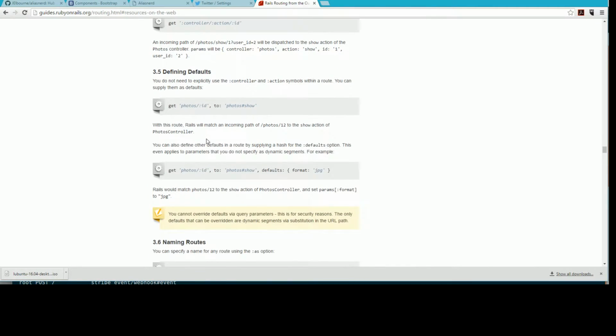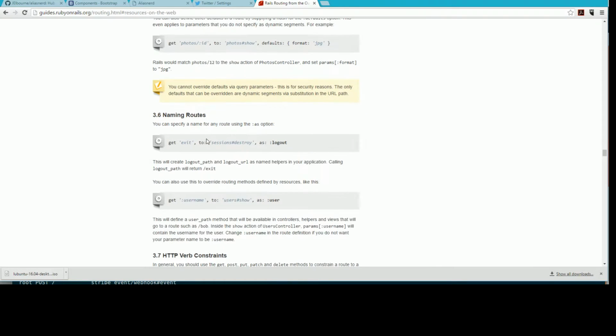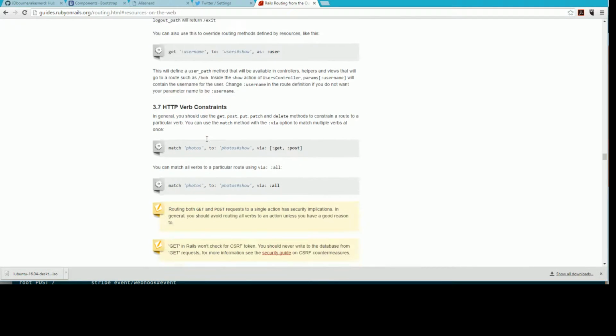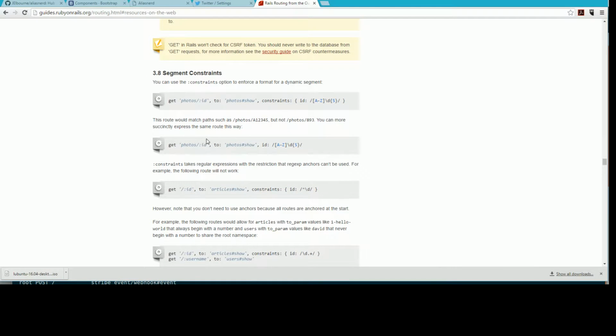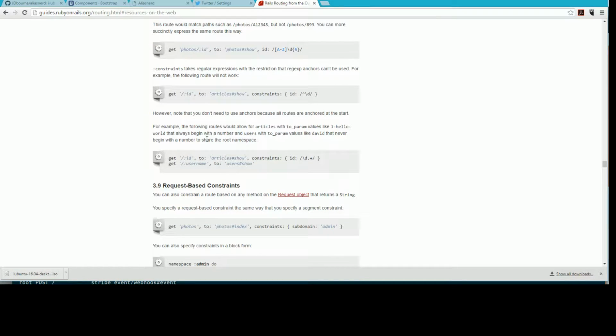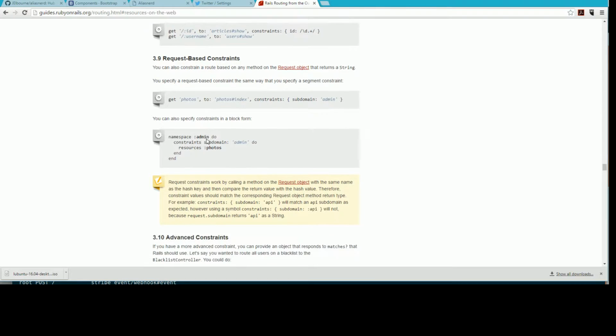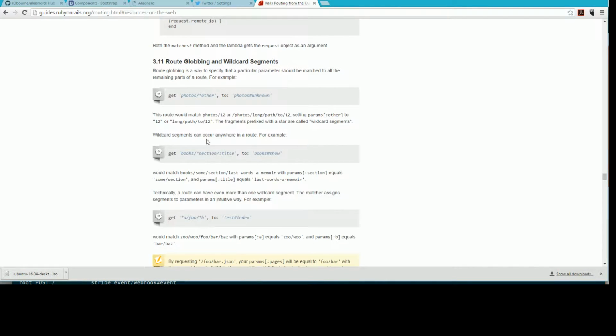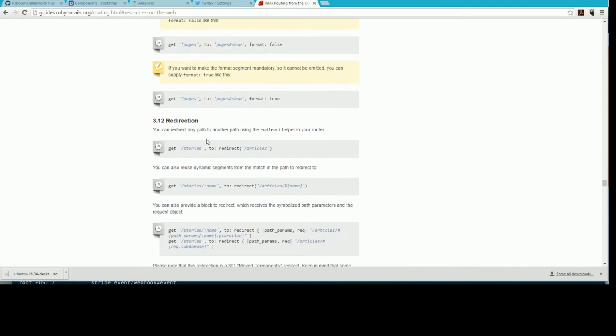Non-resource routes. Okay, so then that's that. Request base, we use those. I don't think it's going to be a big deal. I might just leave it, but